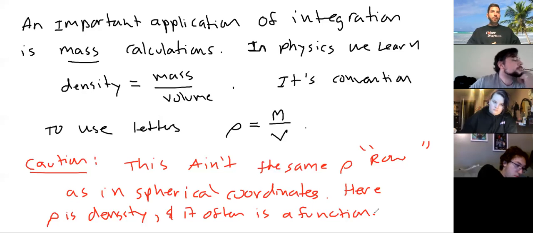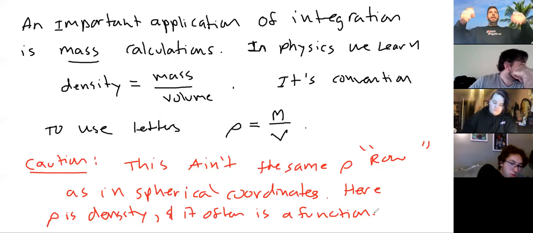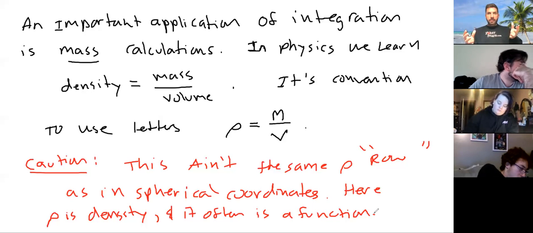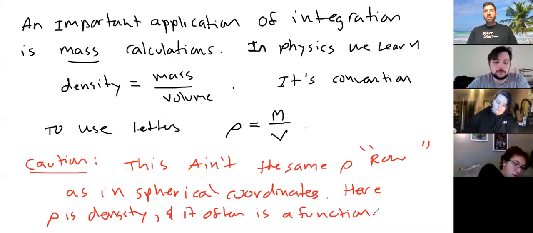So if I have a satellite and I'm throwing it out in outer space, maybe it's just this big sphere. We'll assume it's a sphere for the sake of argument. There are probably portions where there's instruments on that satellite that are quote unquote heavier or have more mass than other points. And so if we want to understand where and how the mass is distributed and how dense it is, so that if it's, say, rotating, it rotates in a uniform and non-chaotic manner, we have to understand